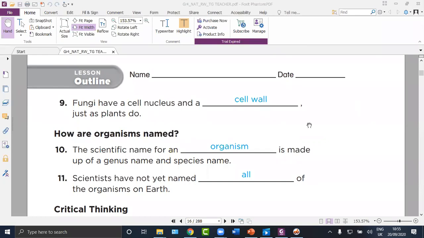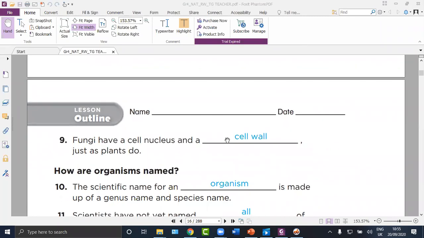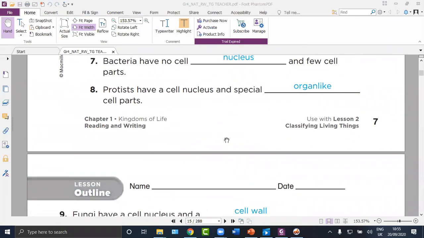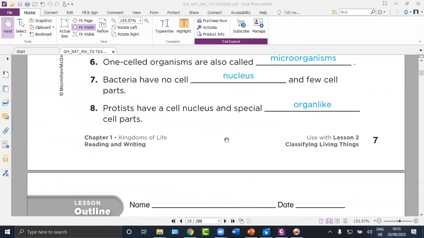Omar Muhannad, read number 9. One type has a cell nucleus and